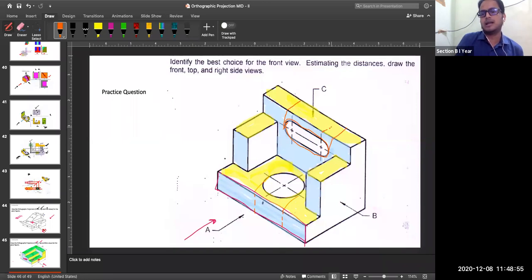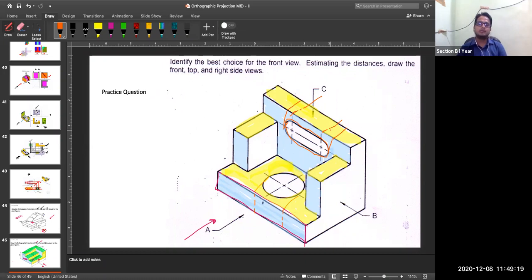This center line will say that some semicircle is there. Center line is small dot and big dash, small dash, big dash. So this is your center line. This is how this face will be represented on your top view.